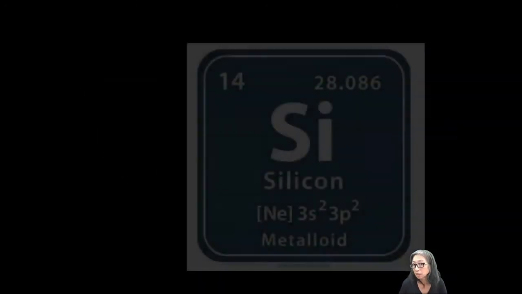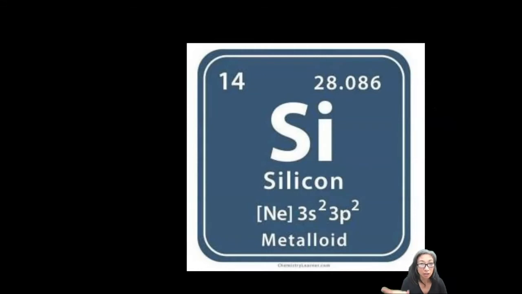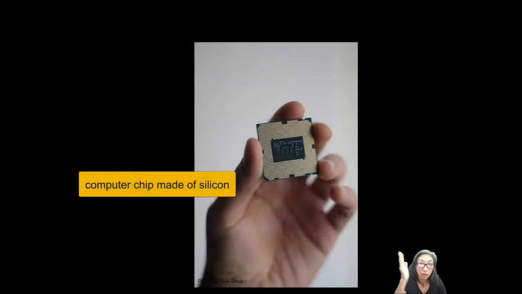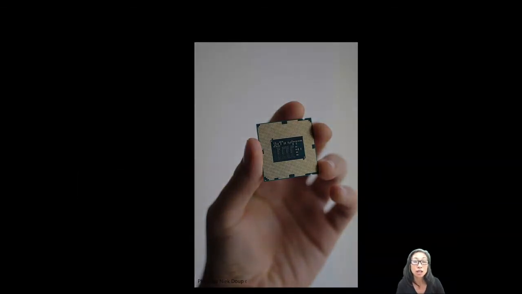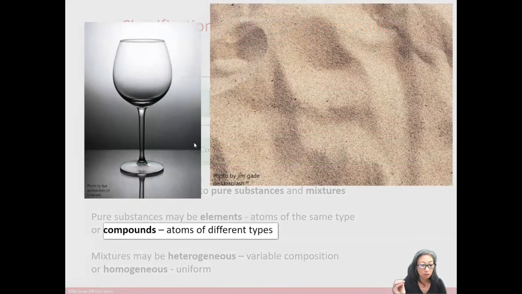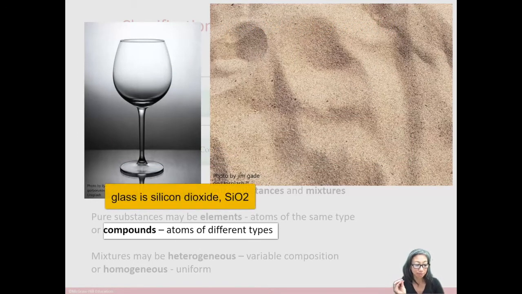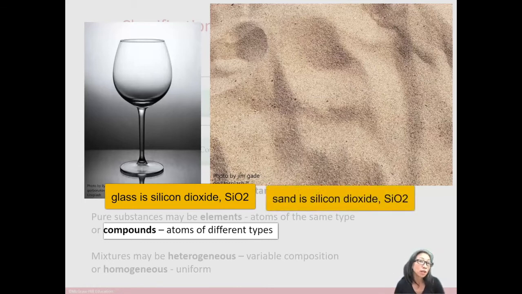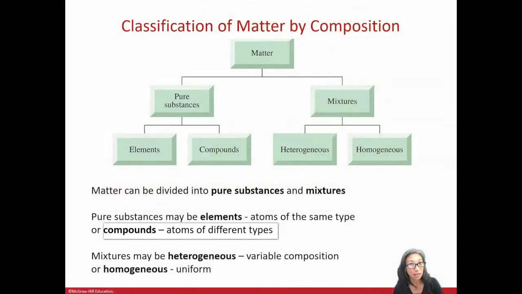So an example would be silicon. You can have a solid piece of silicon, but when you break it down to its smallest units, the smallest units of that silicon chip are going to be individual atoms. Bonding two different elements, like silicon and oxygen, together, now you're talking about a compound. So a compound is two or more different types of atoms that are bonded together. Silicon dioxide is an example. When processed it is glass, but when unprocessed you have silicon dioxide in the form of sand.